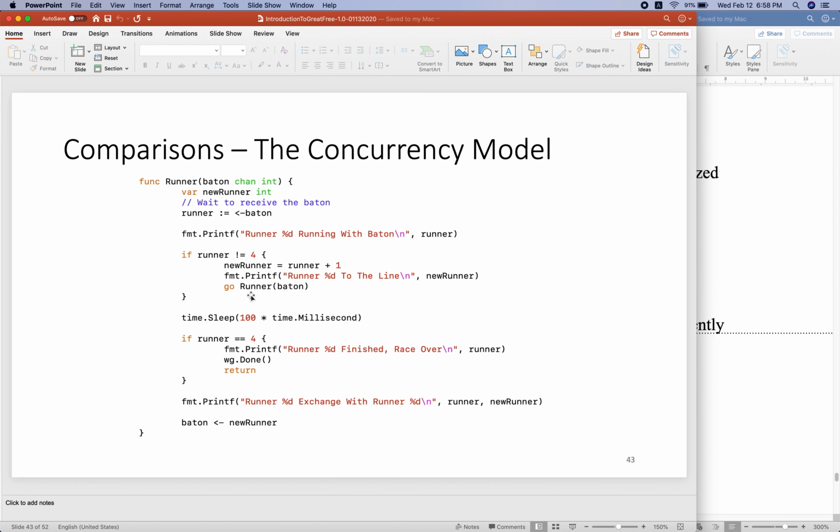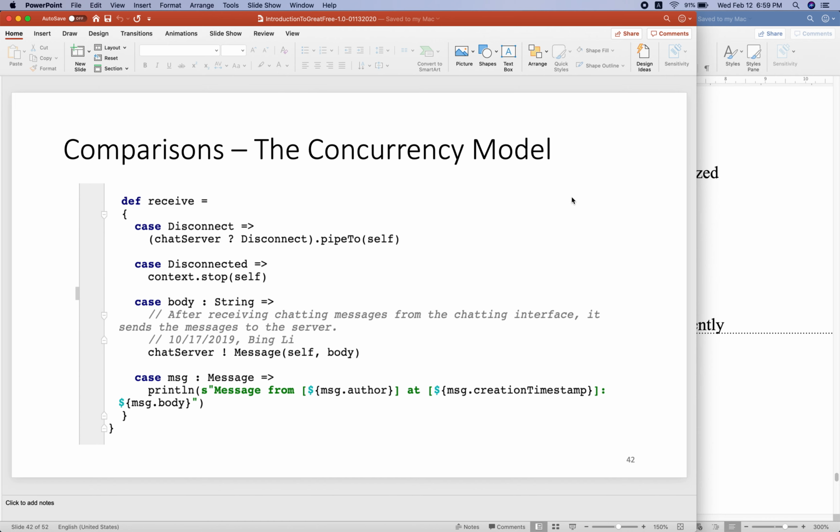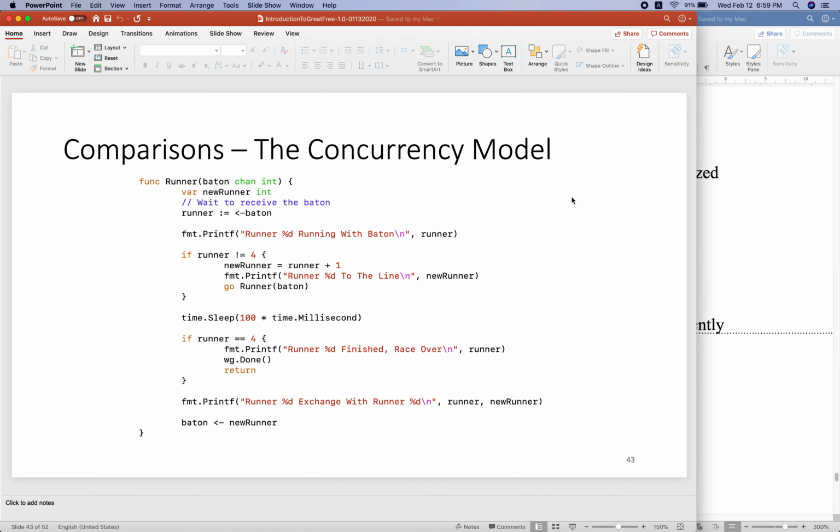You can see here is a go routine. That means after the message is received, the server side will perform some concurrent processing of the message. The button is the message. So the server will process the incoming message concurrently. So although the code is a little bit different, this is Akka, here this is Golang, but their essence is the same.